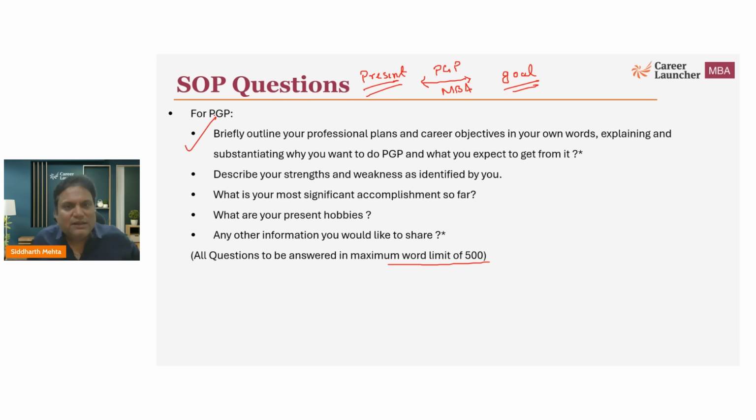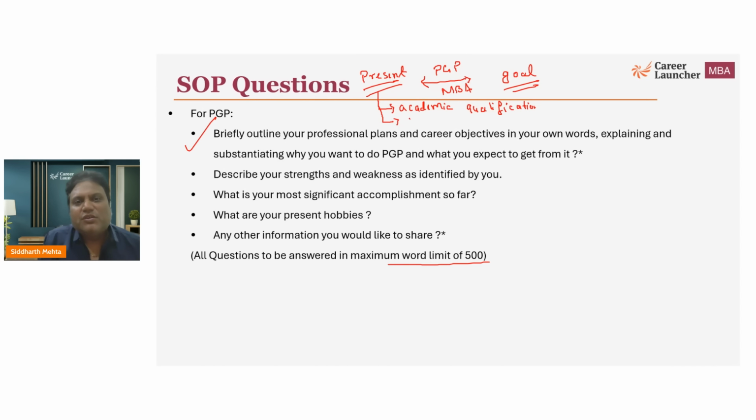But let me discuss things in a bit more detail now. For example, the first part is the background or the present part. So, what all things can come here? You can talk about your academic qualifications. For example, you are an engineer and you can talk about being in engineering, what you have learned, those kind of things. You are a chartered accountant or a finance guy. So, academic qualification can come here,